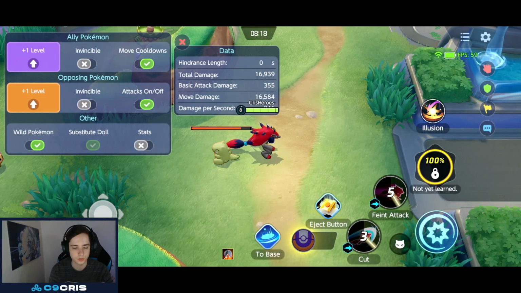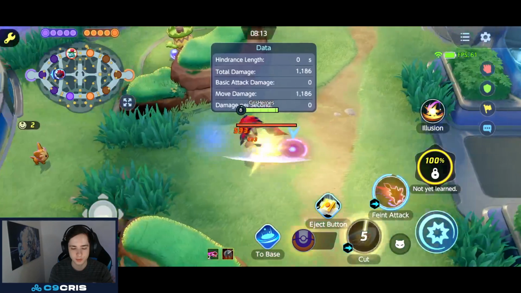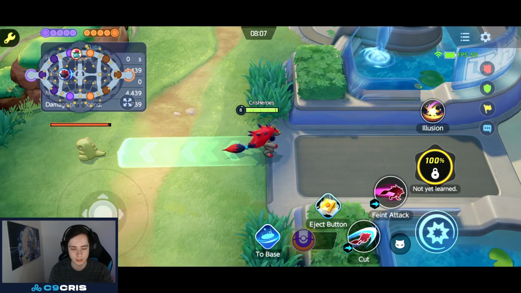It's very important to utilize dash during it. I know there's another combo I haven't figured out yet too much, but yeah. Or you can... I just figured out a new combo, I think. Wait. You can use feint attack and cut together. Wait, let me... So right now...